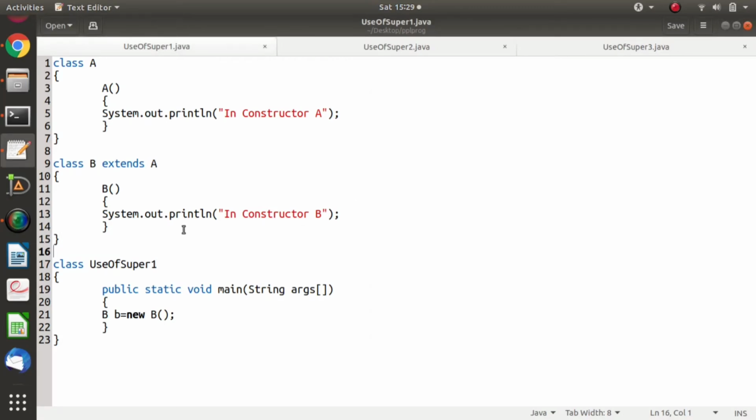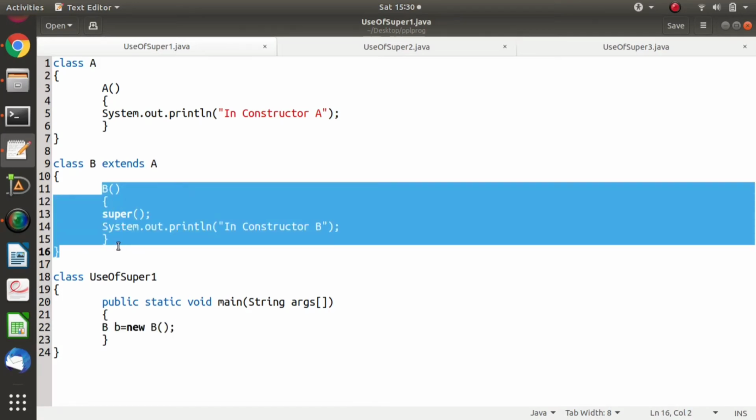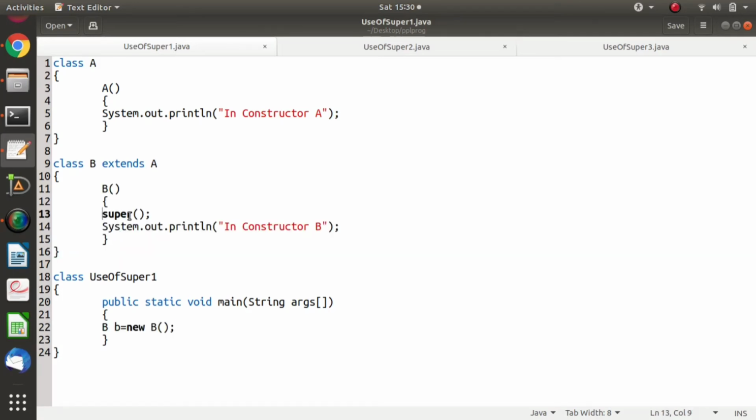The reason behind this is, though no statement is mentioned there, by default there is one statement, and this statement is this: super(). This is the super keyword and it is used as a method, so that's why we call it the super method. Though it is not mentioned, by default there is this super method, and because of that, when we are creating an object of B, this constructor will get run. This is the first statement, so that's why the parent constructor will get called.